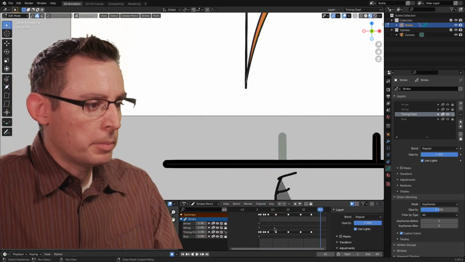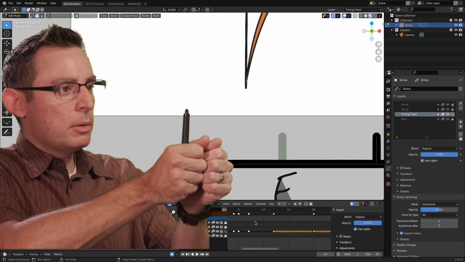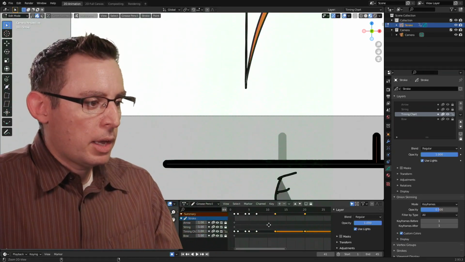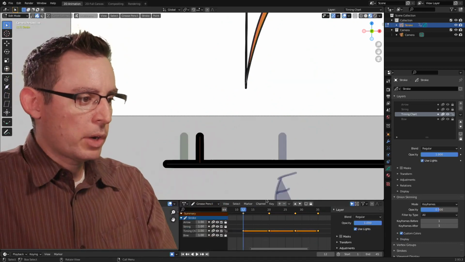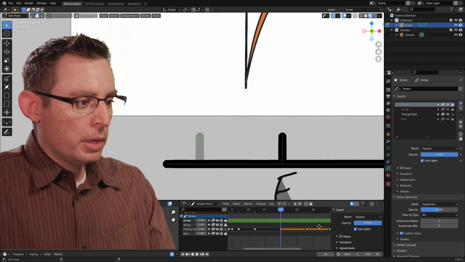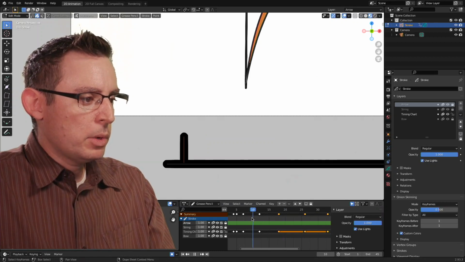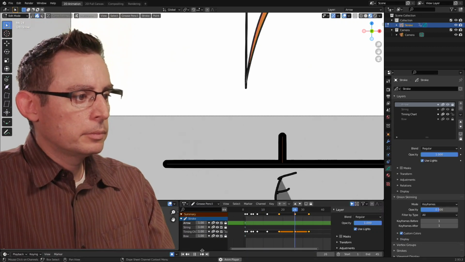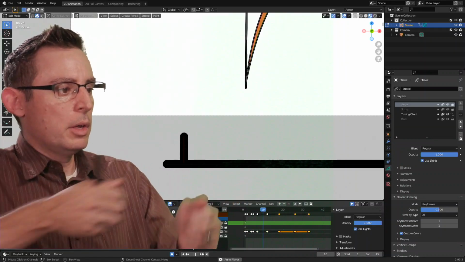Now, one of the things I'm noticing as I play this animation is that maybe my sense of speed was off at the beginning. It's going to be slow and then real fast, right? I've selected the keyframes that represent the extreme pose. So on this frame of the animation, this one, all of this stuff going forward. And I'm going to move them back just a couple frames. Just 2 frames. Let's see what impact that has on the timing of our animation. Yeah, so now we're slowing, and then we jerk it open, and then let go.